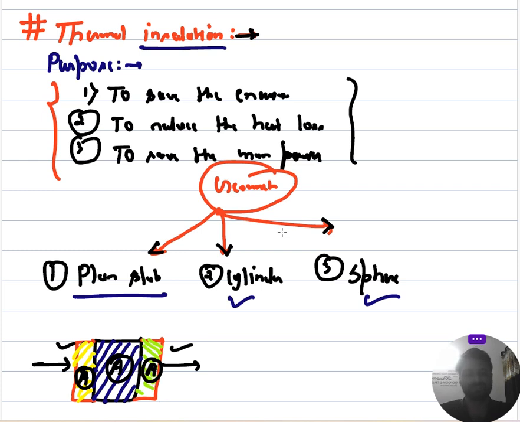Now, coming to the thermal insulation, this is also a very important topic for GATE, and very frequently they ask questions in heat transfer from this particular topic of thermal insulation. So the purpose of thermal insulation is to save energy, because obviously you don't want to lose some amount of heat, because heat dissipation is a very money intensive process, right? So you don't want to lose your heat also, and to reduce the heat loss obviously,